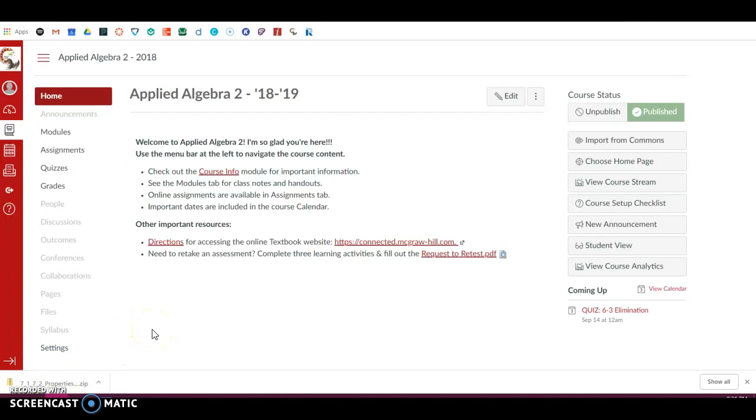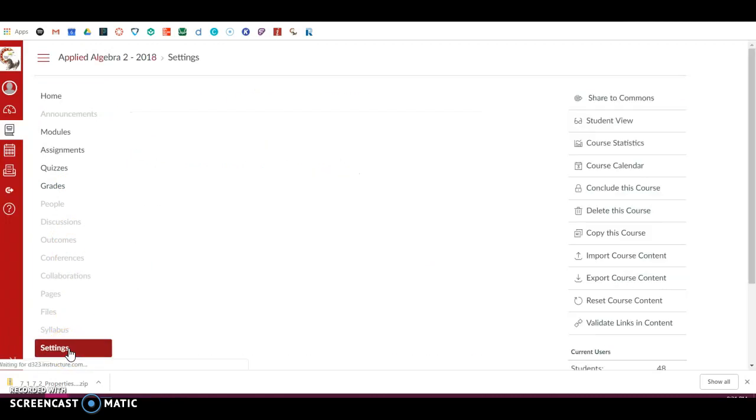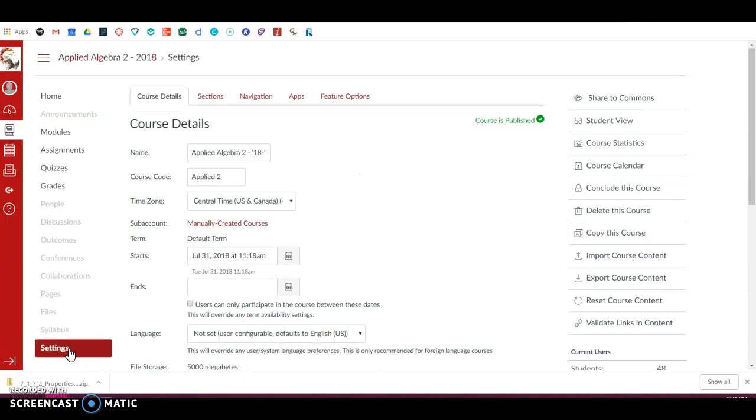Once you've saved that file somewhere on your computer, you are ready to go back into Canvas and import that content. Once you're in Canvas, go ahead and come to the course settings for your class. That's the bottom of the left-hand menu. And then once you're in settings, over on the right-hand menu, there is an Import Course Content. If you click there,